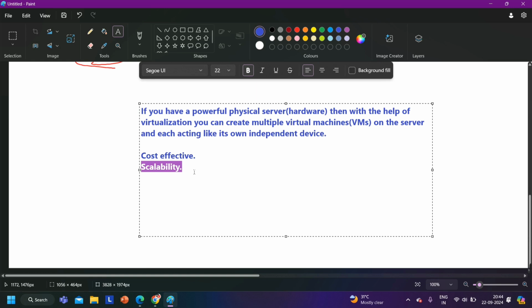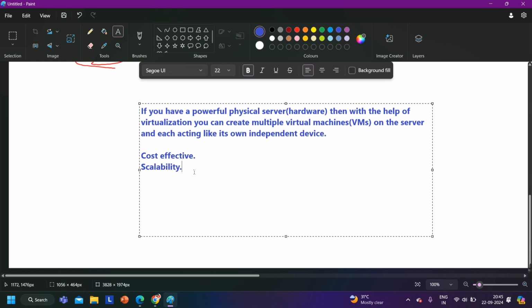Like if some free IP addresses are available in the subnet, ports are available on the switches, or your access point AP has the capability to handle more clients, that means we can say the network is scalable. Meaning, according to our requirement, we can increase or decrease the size of the network. So virtualization is also scalable. According to our requirement, we can adjust the resources,